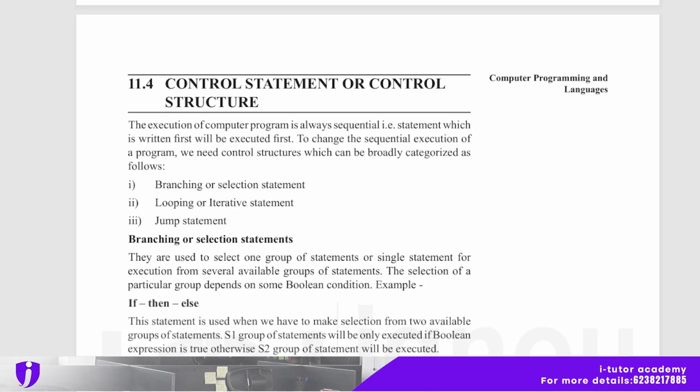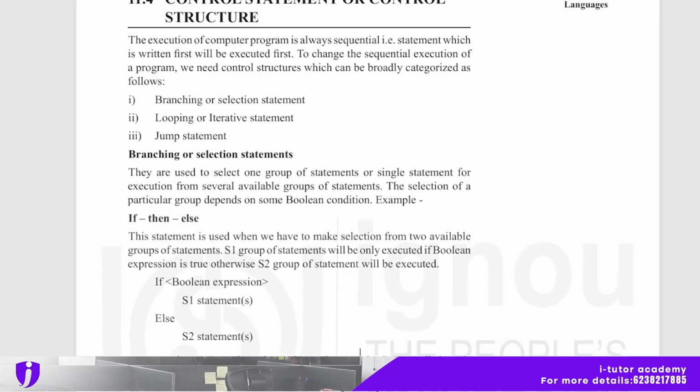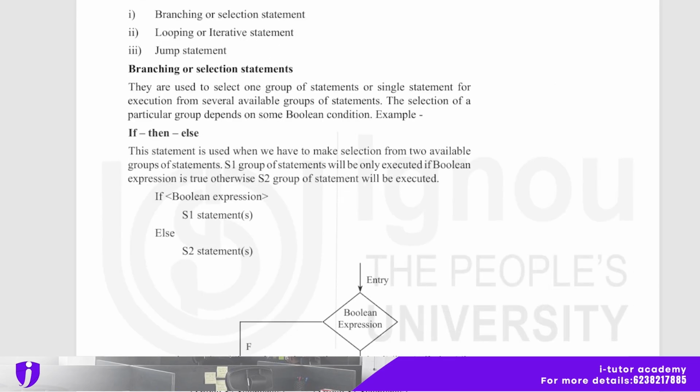To change the sequential execution of a program, we need control structures, which can be broadly categorized as follows: branching or selection statements, looping or iterative statements, and jump statements. Branching or selection statements are used to select one group of statements or a single statement for execution from several available groups of statements, and the selection of a particular group depends on some boolean condition, for example if, then,